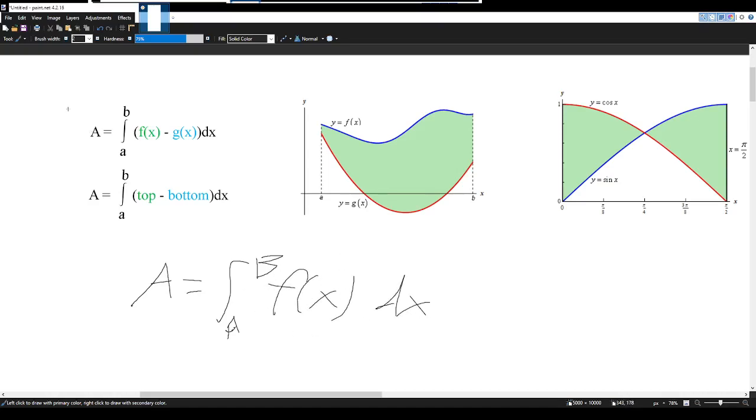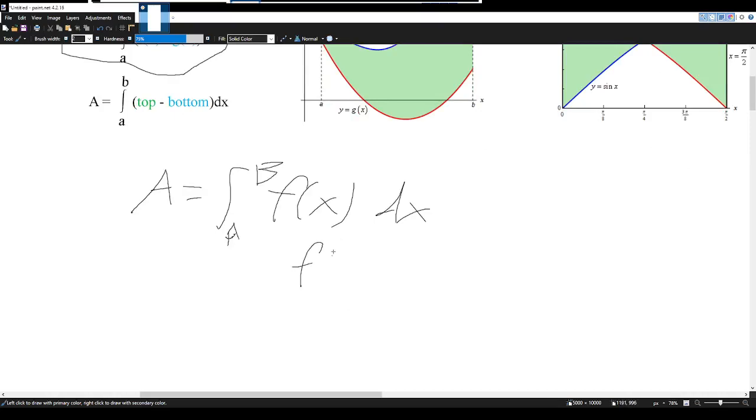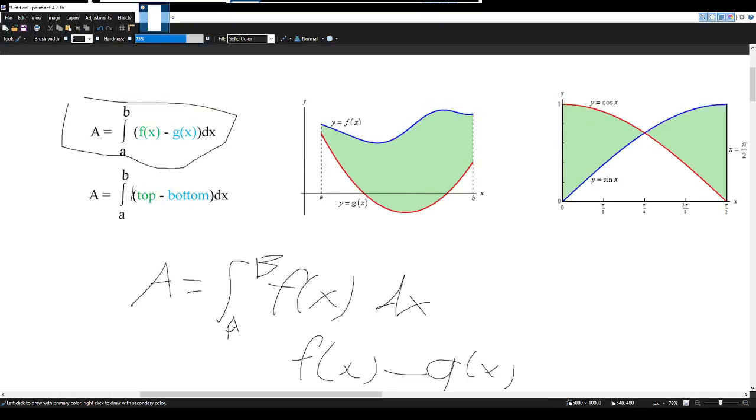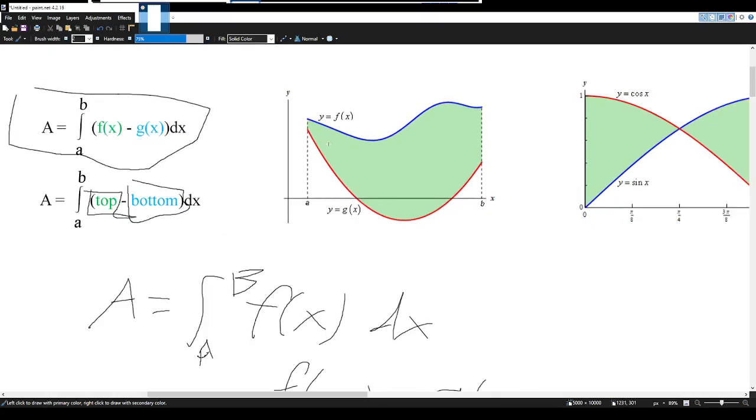So here, you can see by this formula, what we're actually going to do is, instead of having f of x dx, we're going to have f of x minus g of x, where f of x is the top function and g of x is the bottom function. So if we look at something like this, right,